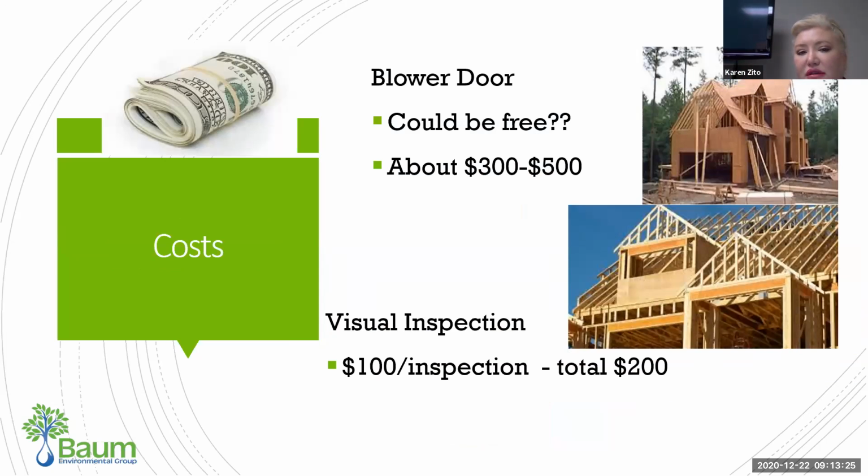Now the cost between a blower door and a visual inspection. A visual inspection is like $200, about $100 per inspection. A blower door, I've seen it done for free. I can see it range from $300 to $500. I would say that if a blower door is really cheap, you may not be getting the best blower door